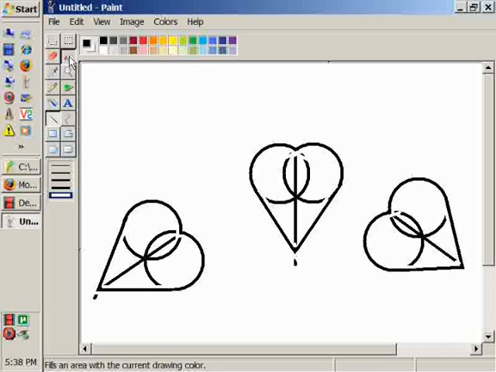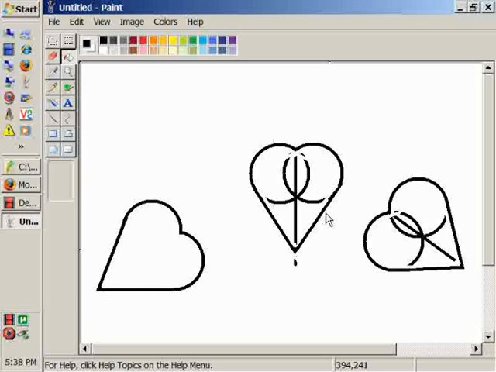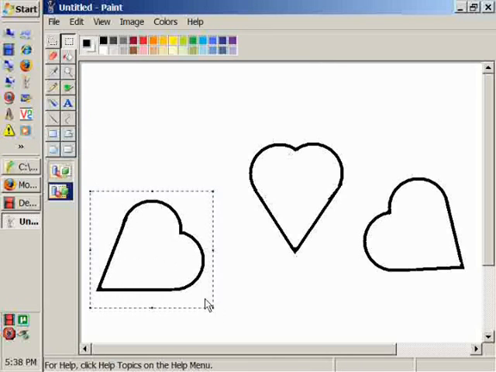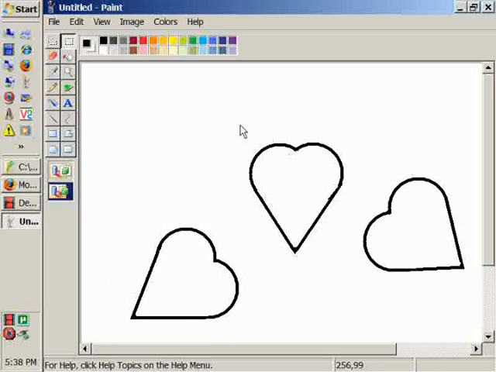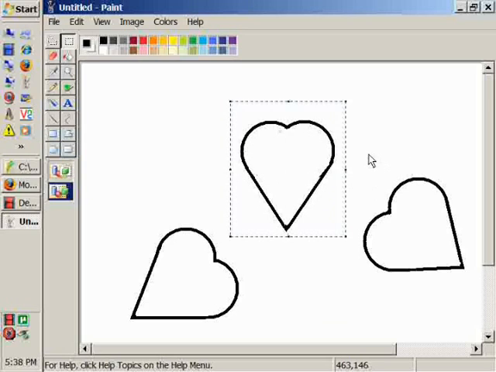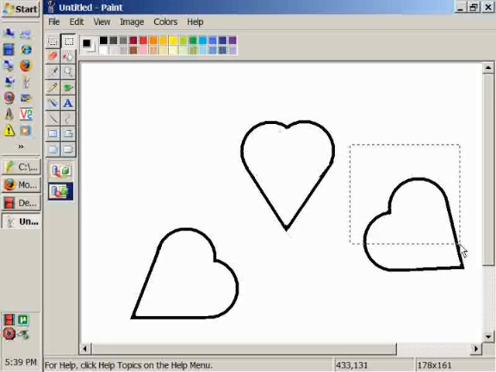So now if we go up here and left click on the paint can, and we right click again, we will unfill all of our hearts. You touch these little areas up here, clear out the little leftovers, and now we have 3 hearts, 3 different directions. Now you can go from here, select them, move them around, do whatever you want to do with them. But the nice thing about it is at this point you have hearts that are freeform, but they're also pretty